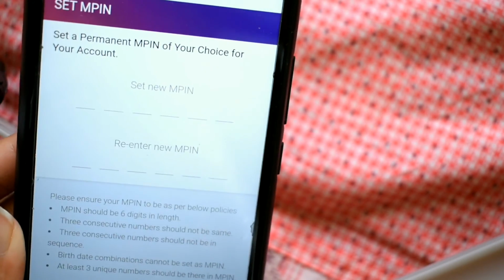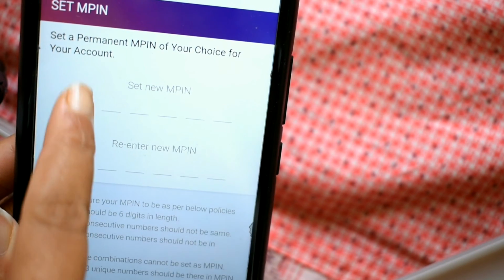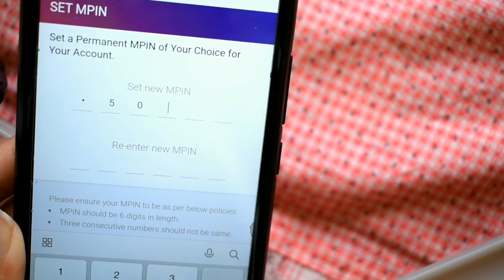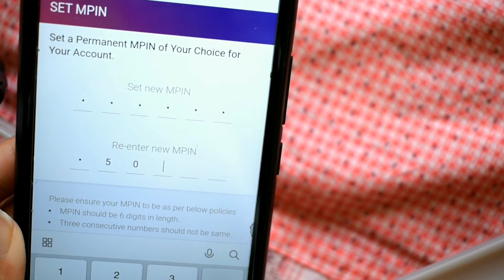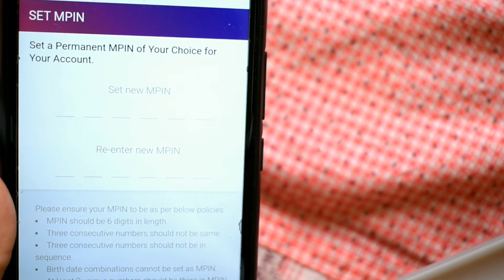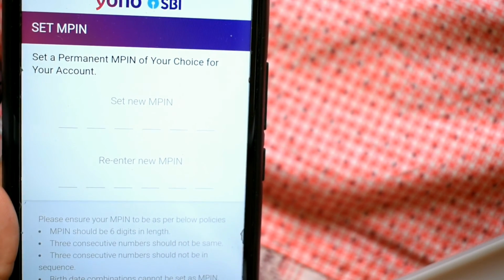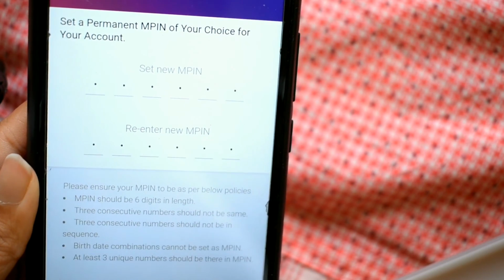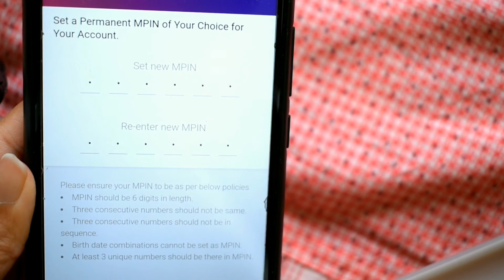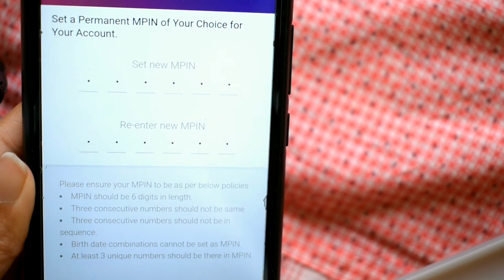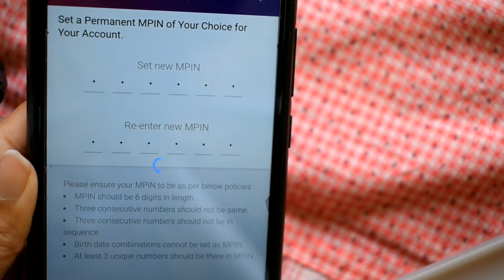Suppose like if your date of birth is 25th 06 97, again 25th 06 97, it won't click. So now let's just enter something unique number. You can give combination of your date and year of your date of birth excluding the month. So here we go for next.